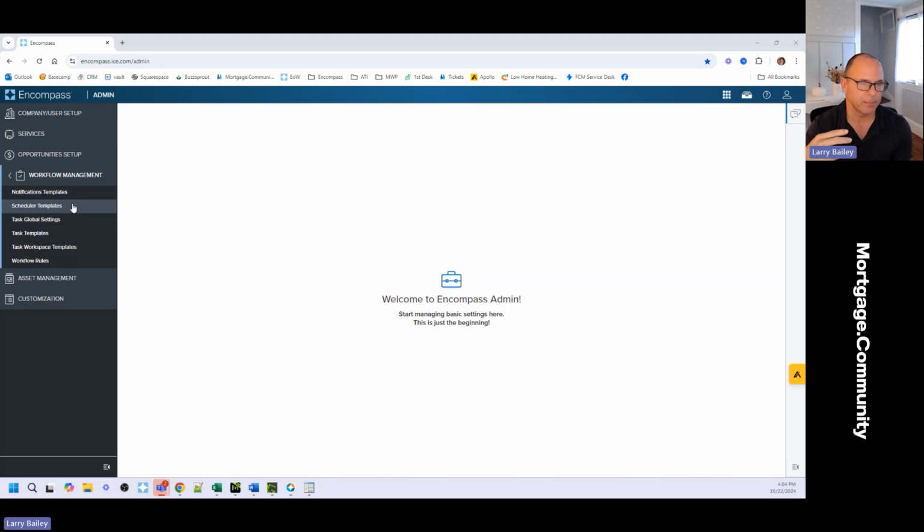Number one, you might build a tool that literally goes through all your files overnight to open, save, close, to run a custom field calc so the file knows what today is. Anybody ever done that? Maybe not you, but I know a lot of folks have. That's no longer needed, because Workflow Engine is always running. It always knows what today is. It always knows what's going on. So that's the first part of scheduler that is really helpful.